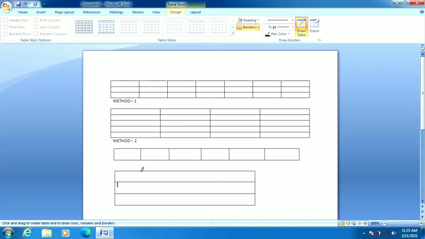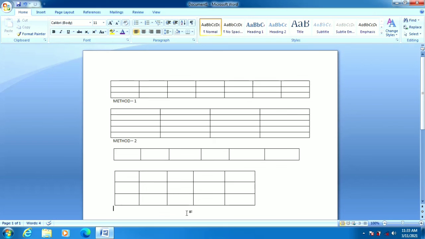Draw the columns and rows. We can create multiple columns and multiple rows also. After creating the columns and rows, press the Escape key. This is the third method.